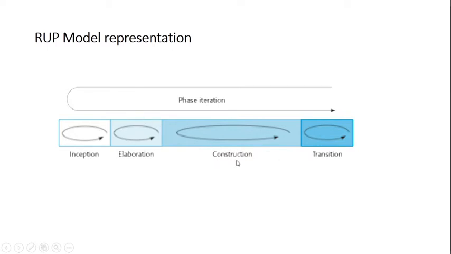Construction is where designing, coding and testing are interleaved. That means they are carried out in a combined way, right? We don't have different phases for that. Construction means designing, coding and testing are carried out all together and we call it by the name construction, right? Then transition is when you have tested it and now you deploy it to the customer. That means it transits from the developer's environment to the customer or end user's environment. So it comes under the operational phase and then maintenance is called for, right? So that is the transition from one environment to another one.